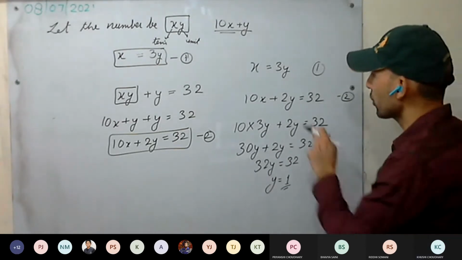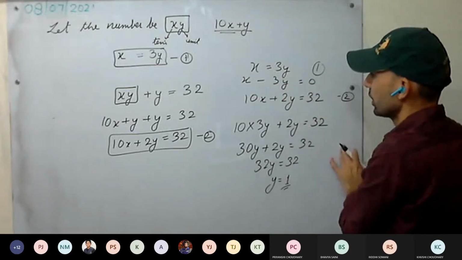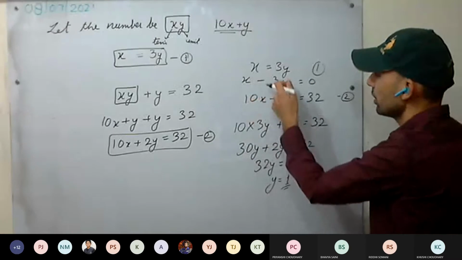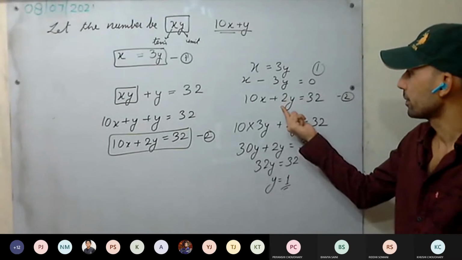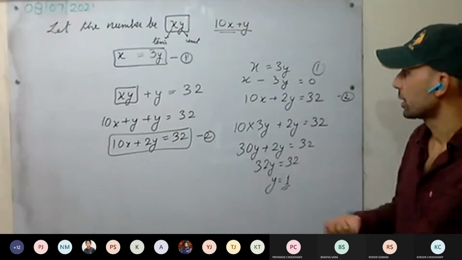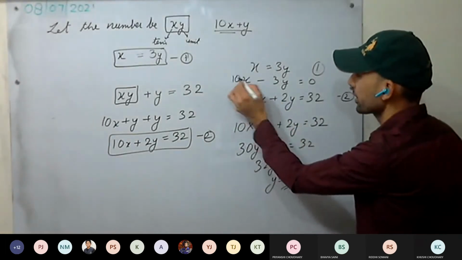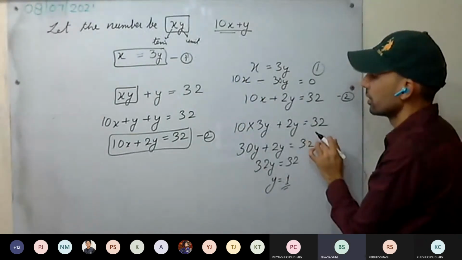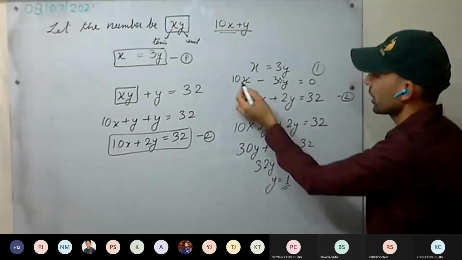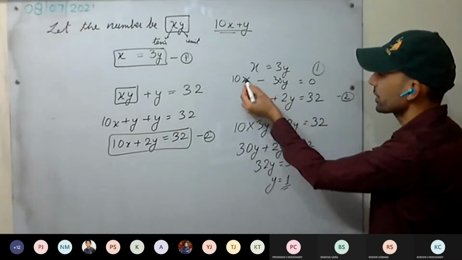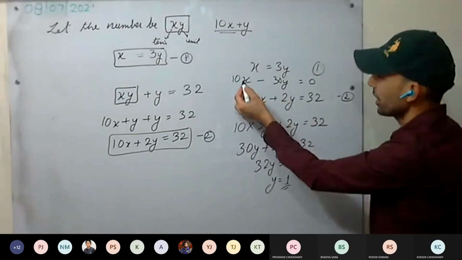Okay, if you are solving by equating the quotient, you will rewrite the equation as x minus 3y equal to 0. Now you make the quotient of one of the variables numerically equal. It means the first equation you will multiply with 10, so 10x, 30y. We can make it 6 also, but 10 seems easy for me. To make it 6, you have to multiply the first equation with 2 and the second with 3. But if I multiply with 10, see how easy it is.